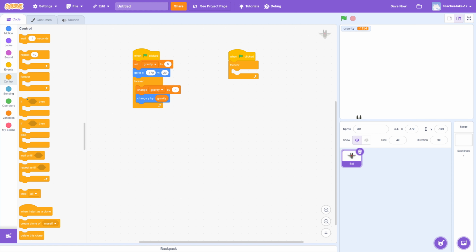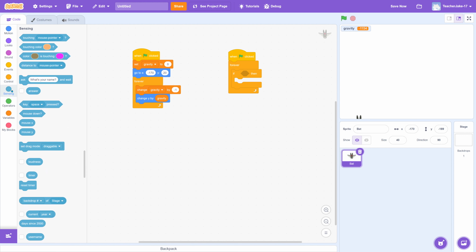So let's grab inside of our control an if block. And here we can really easily detect if a key is pressed. So let's go to the teal sensing, and we can grab this key pressed. Now, I always go in the bottom right-hand corner and make sure it highlights and then drop it in. You can choose a different key if you want. The space is fine with me, so that's what I'm going to use. So if the space is pressed,